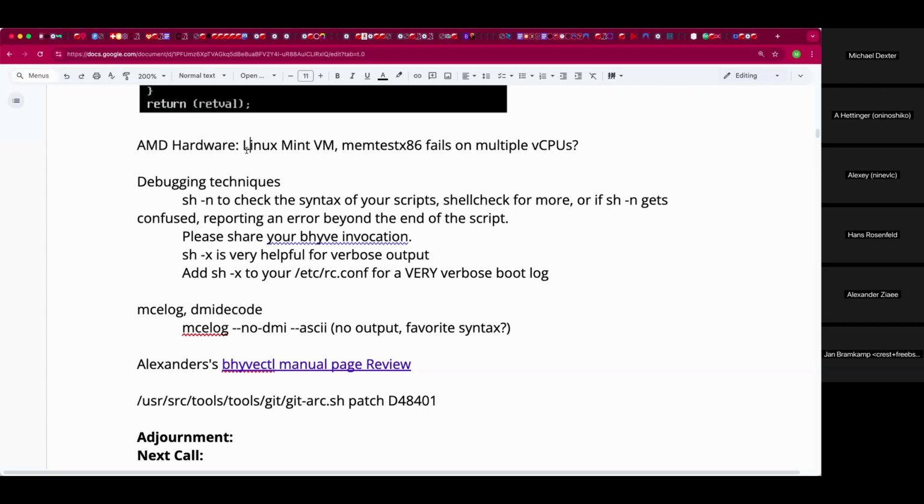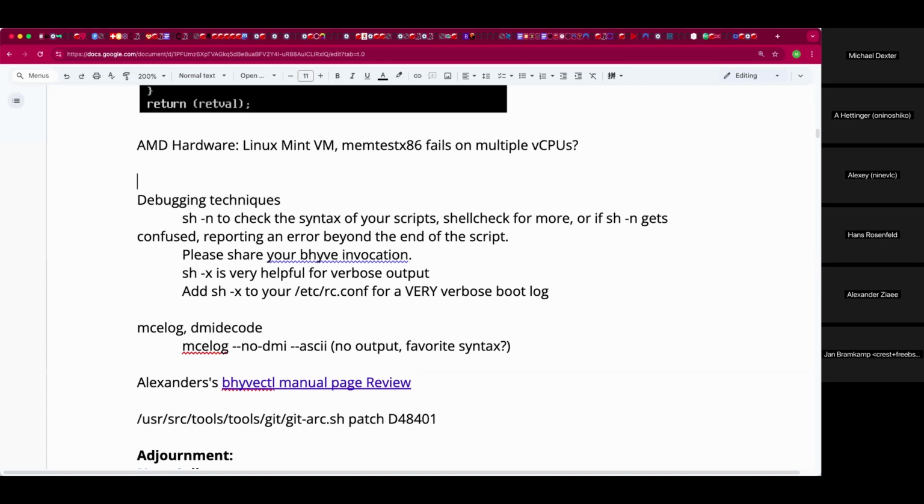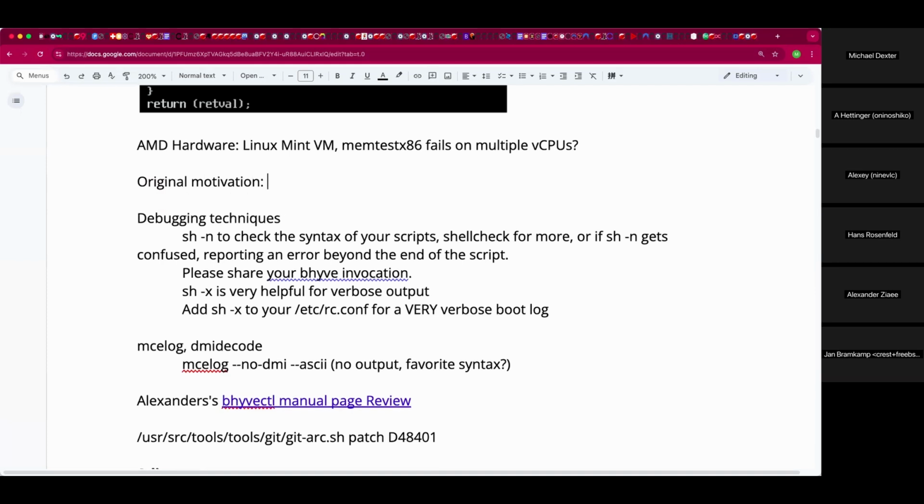Was that reported elsewhere? That issue was reported on the Arch Linux wiki. Okay. Goodness. It was some random commit approved by Red Hat to the GNU libc, which completely broke half of the binaries compiled with this glibc under bhyve.